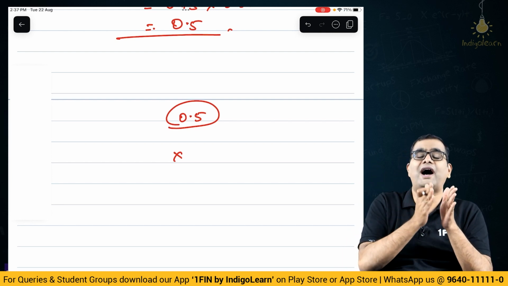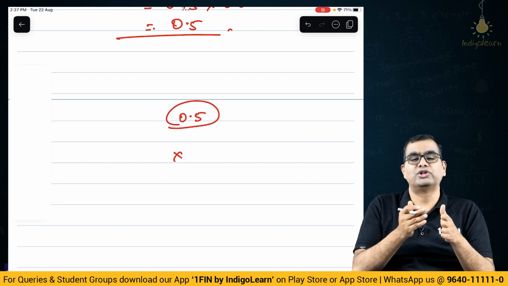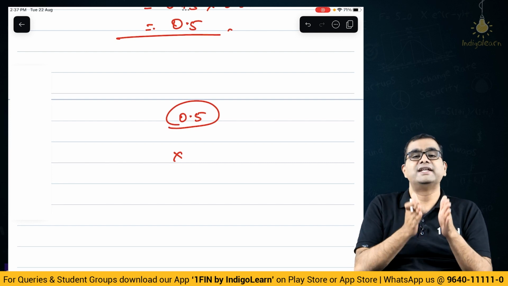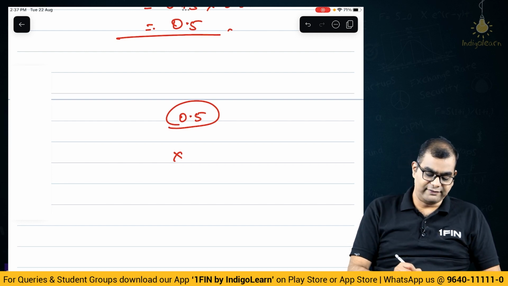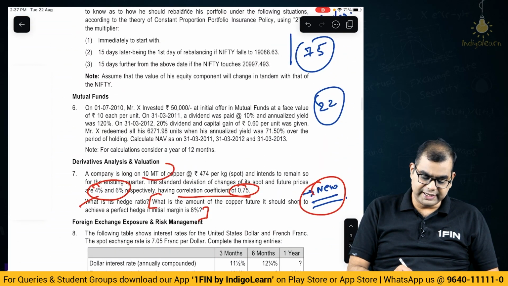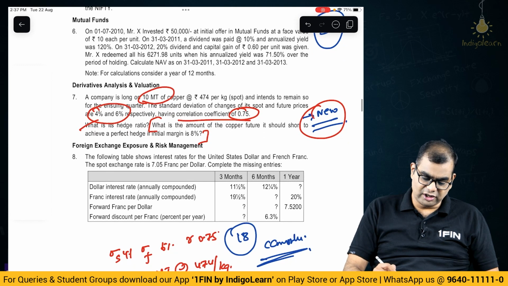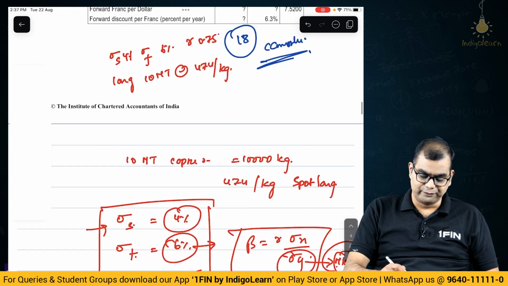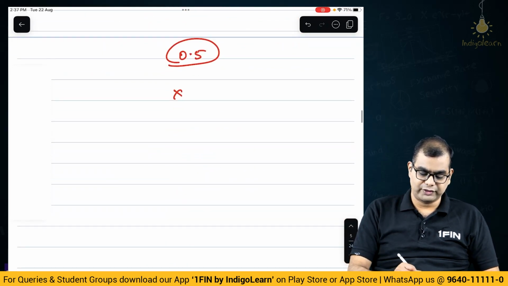You have to only enter into half contracts for the hedging instrument, so that the item that is being hedged is hedged properly. So how many contracts do you currently have? Did they say anything about contracts? Is long on 10 MT of copper. So they did not give you the contract size. That is unfair. Okay, so what you should do is hedge